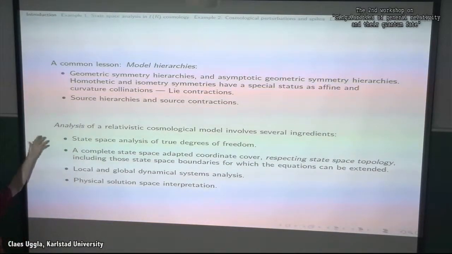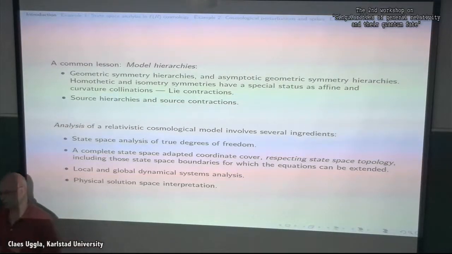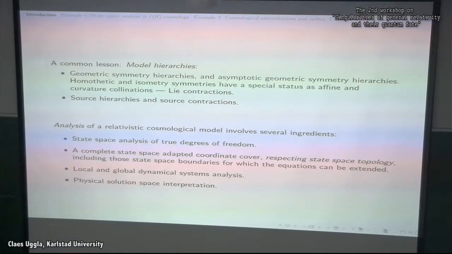When you are facing this, you have to set yourself somewhere in this hierarchy where the more general case is contextualized. And you have to do an analysis of what you are doing. That's a key point of doing it. So you have to start with some state space analysis of the true degrees of freedom. People often skip this, and it leads to very bad consequences. You need a complete state space adapted coordinate cover. You need to respect the state space topology,